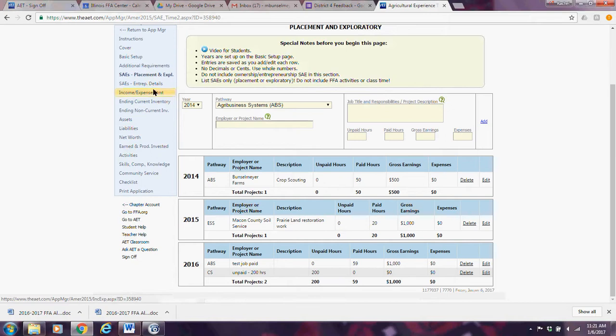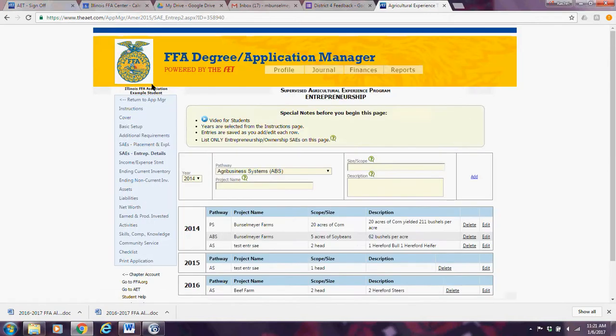Okay, so now we're going to go to entrepreneurship details. And this is where a student, just like the placement page, and I know you probably all have to get to lunch and the next class, so I'm not going to spend a whole lot of time on each page, but this is just like your placement page. You pick your year, you pick your pathway,